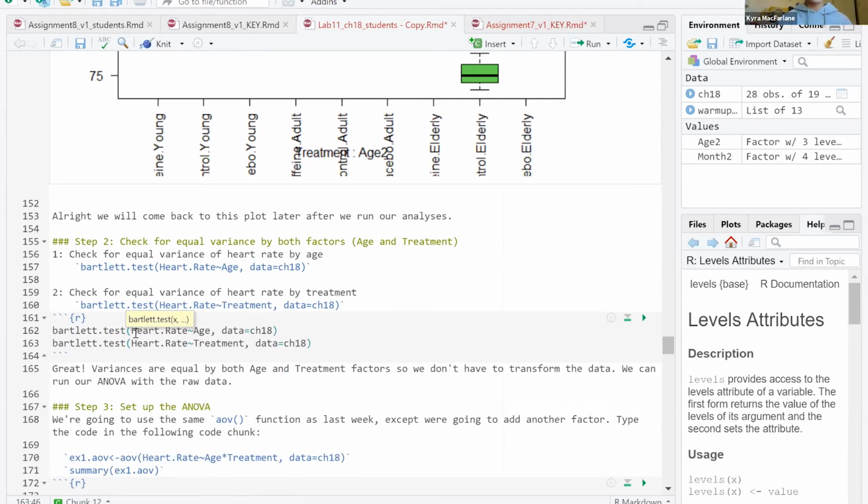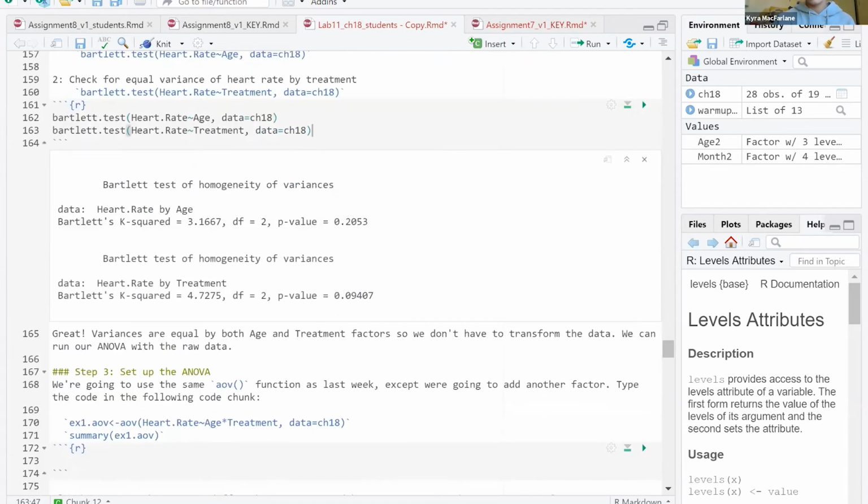I'm going to go ahead and run them both at the same time. Doing Control, Shift, Enter. So looks like heart rate by age, our p-value is greater than 0.05. Heart rate by treatment, our p-value is also greater than 0.05. So awesome, we don't need to transform the data and we can just go straight into doing the ANOVA